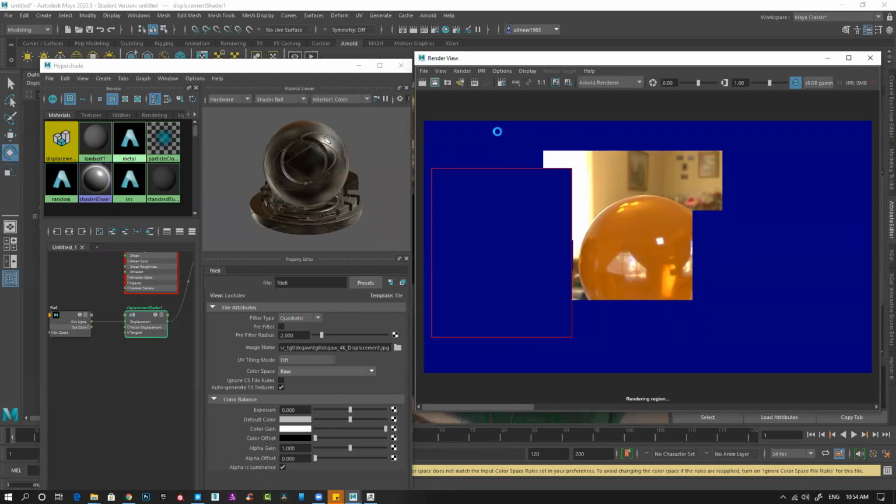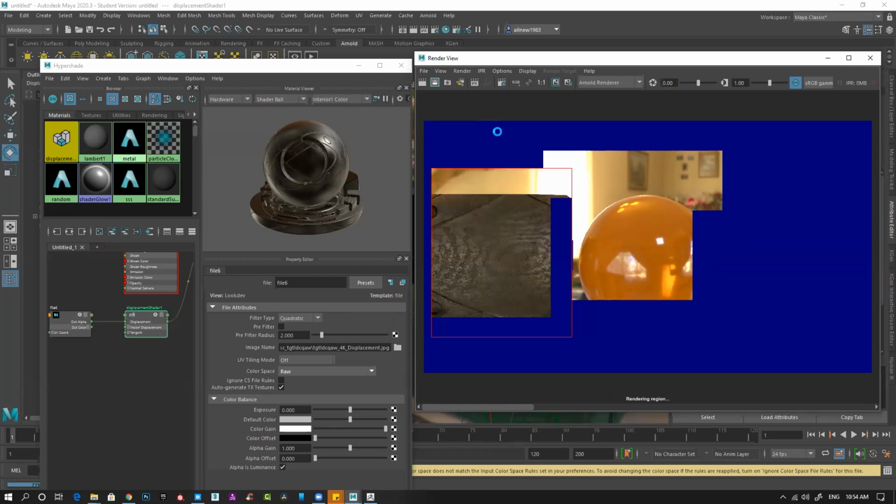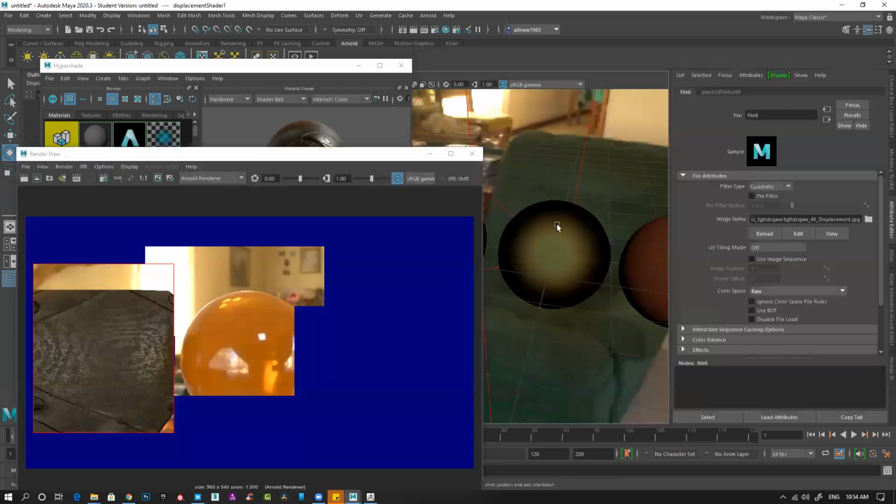It will take a little bit of time as displacement map generates mesh. It will take a little bit of time, but it won't give you a very nice result. You can see it's all distorted. The reason is I haven't switched on my displacement on my model. You have to switch on your displacement on your mesh as well. So what you have to do,